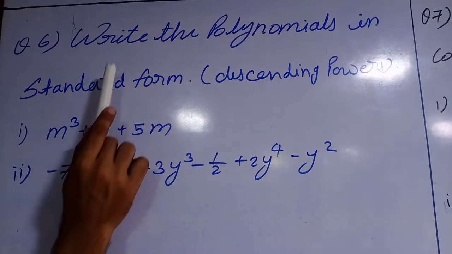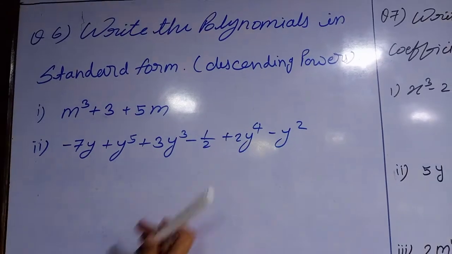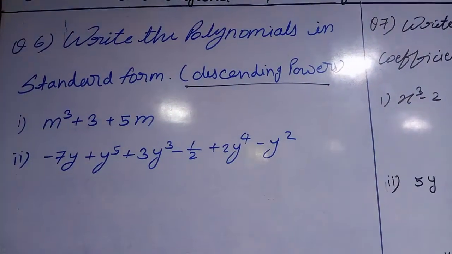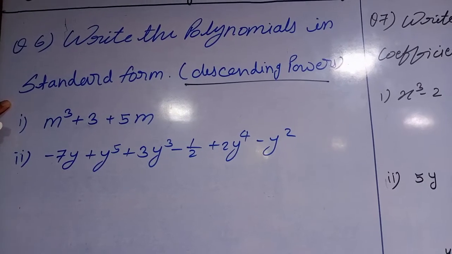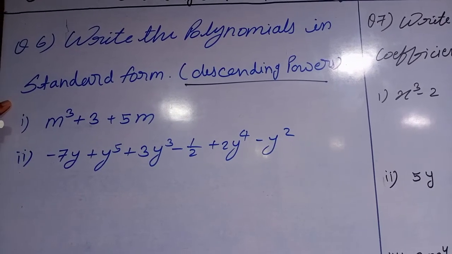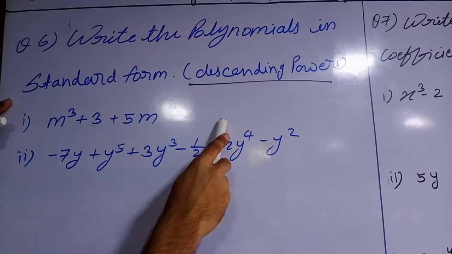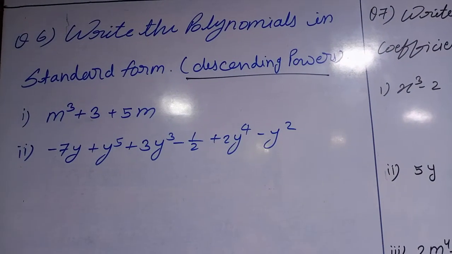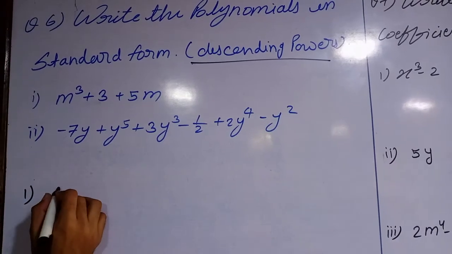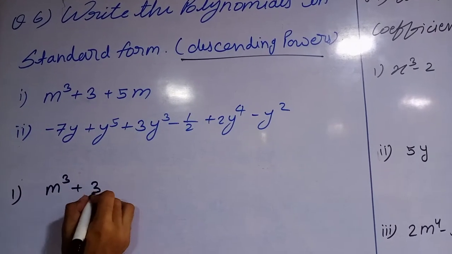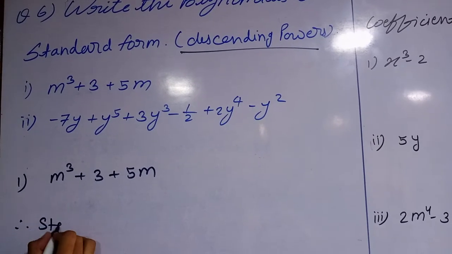Question number 6 is: write the polynomials in standard form, and here in brackets it is given descending powers. Whenever we are writing polynomials in standard form, there are two ways, we can write the powers of the variable in ascending form or descending form, but here they mentioned we have to write in descending form, so we have to apply the same. So let's start. The first one, m cube plus 3 plus 5m, so therefore standard form